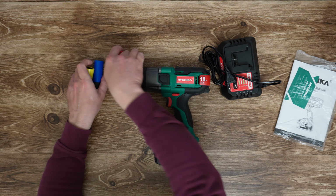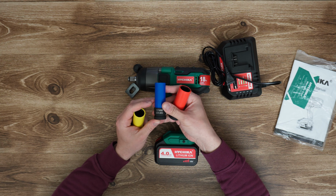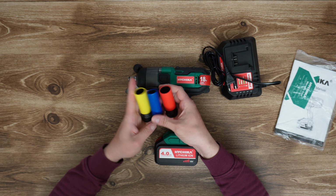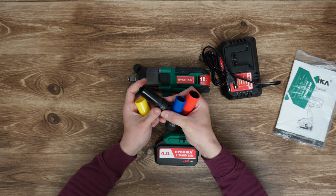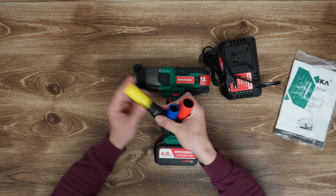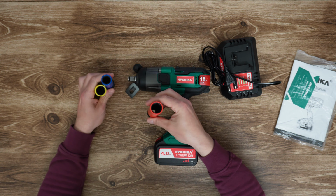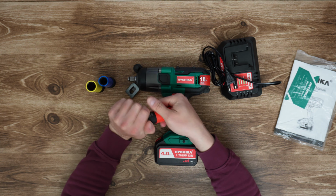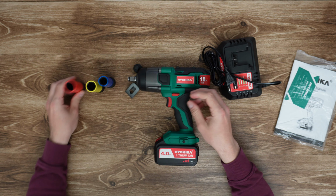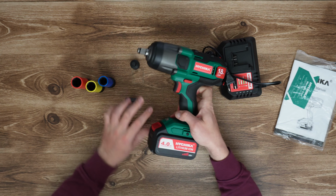It comes with three powerful and durable CRMO sockets in blue 17mm, yellow 19mm and red 21mm, with a wall that reduces metal friction and protects automotive aluminum wheel rims, which is very suitable for installing and removing wheels. The belt clip you can install at the left or at the right of the tool,